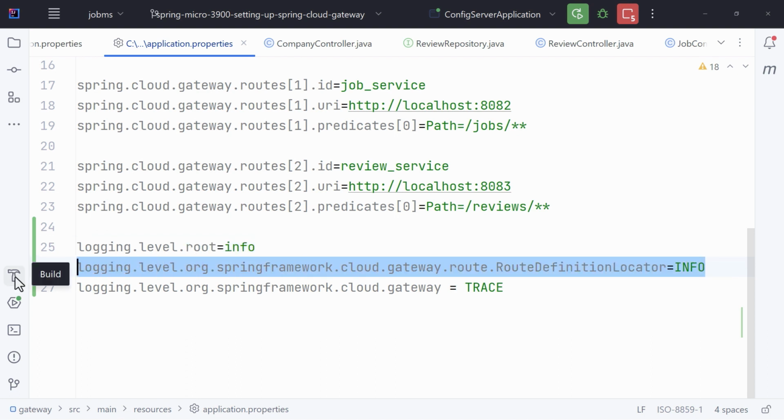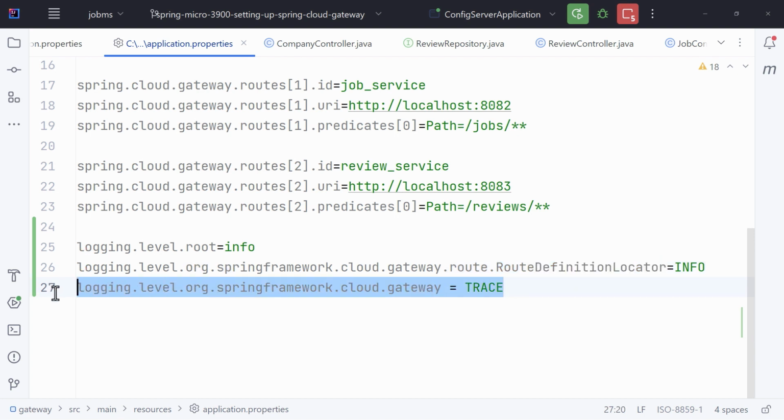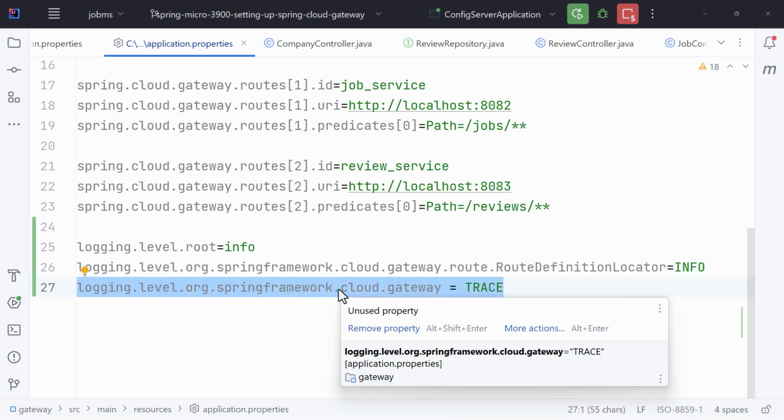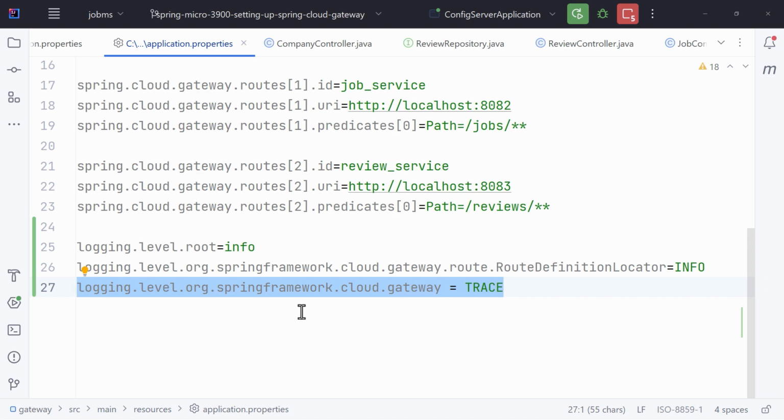Then we have the next statement, which says logging level Spring Framework Cloud Gateway Route Definition Locator is set to info. What does this mean? This line sets the logging level specifically for the route definition locator class in Spring Cloud Gateway to info. Now we have the third line as well, which sets the logging level for Spring Cloud Gateway to